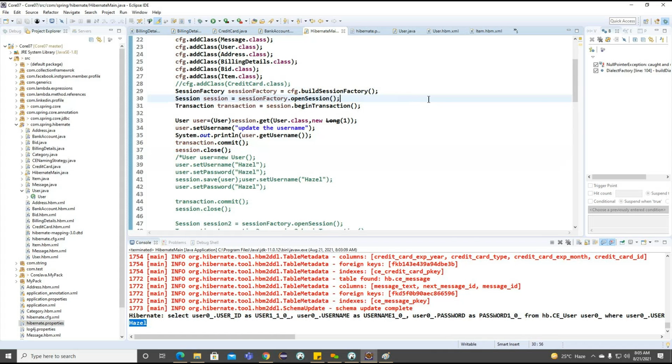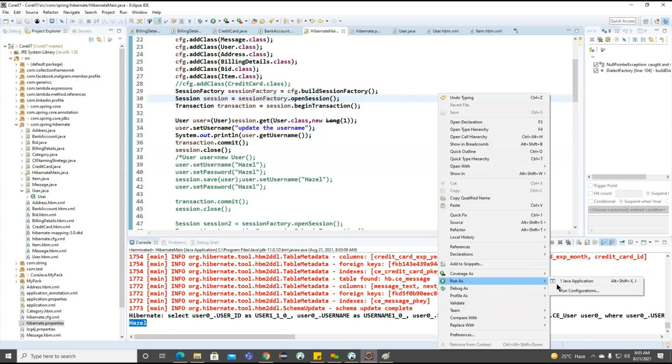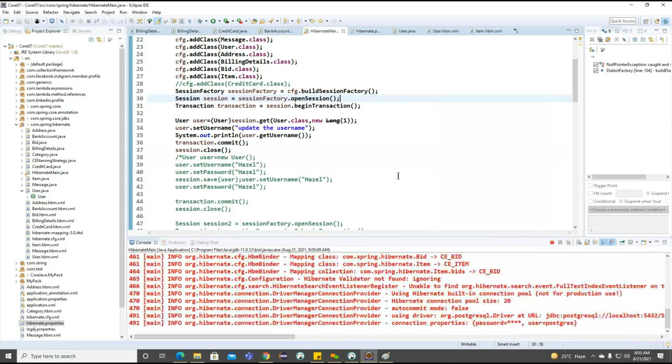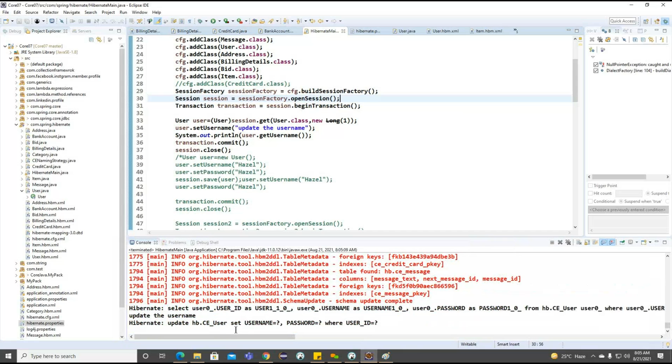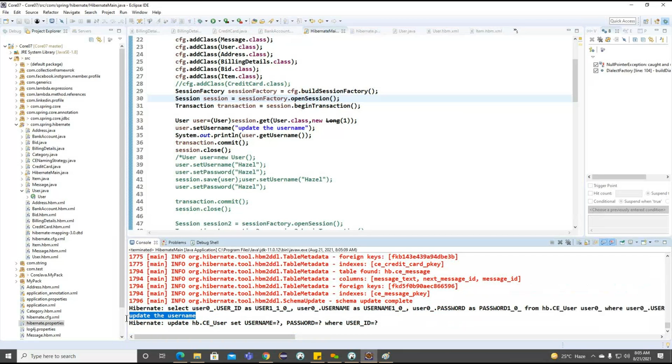So there is no session.save here. Now you can see the simple example, whether this particular username is going to be updated or not. This particular username, we updated the username, and without calling session.save or save or update, we are able to see the update query here.